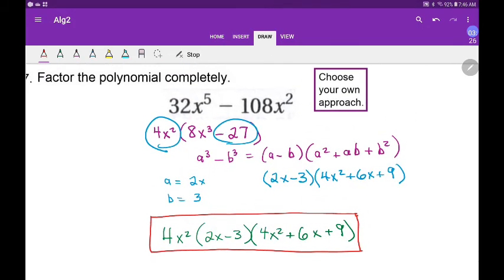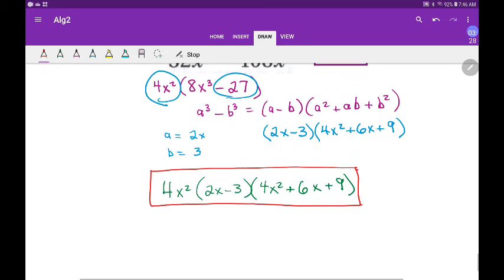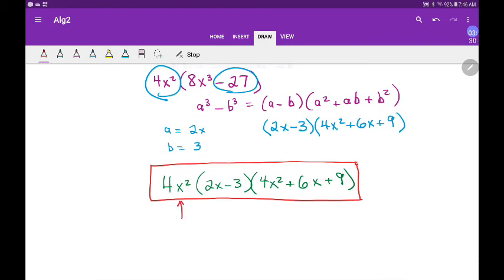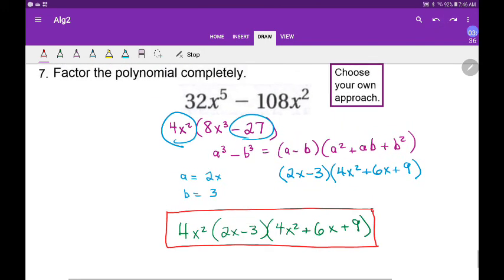And that's good. I will only have 2 real roots, when x is equal to 0 and when x is equal to 3 over 2. But that's not what they ask for. So